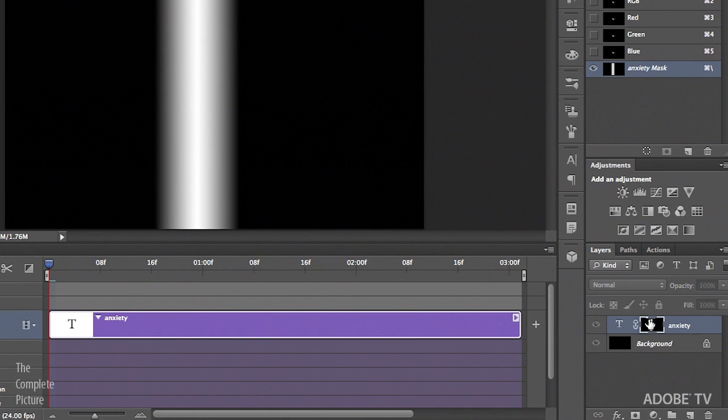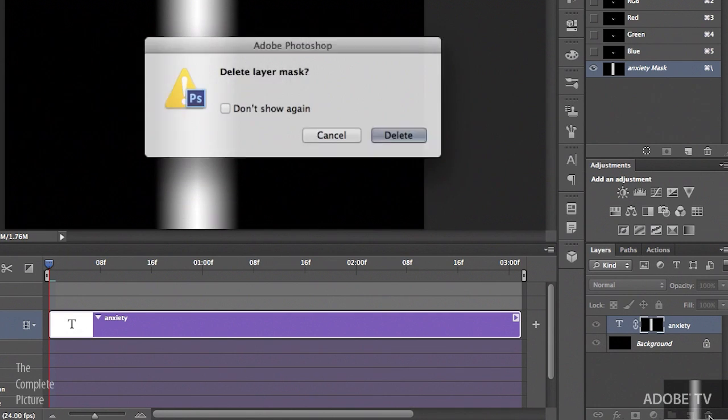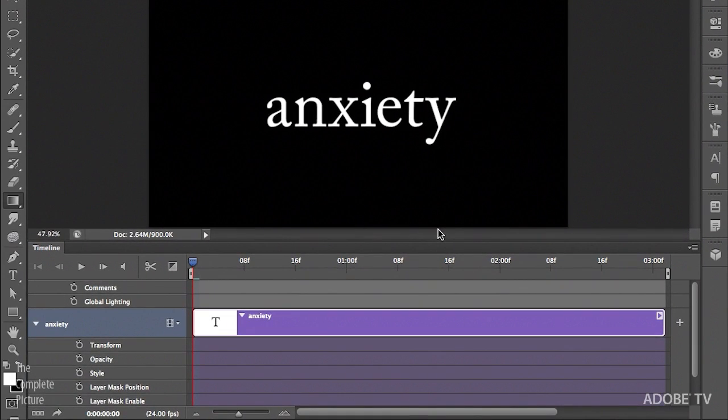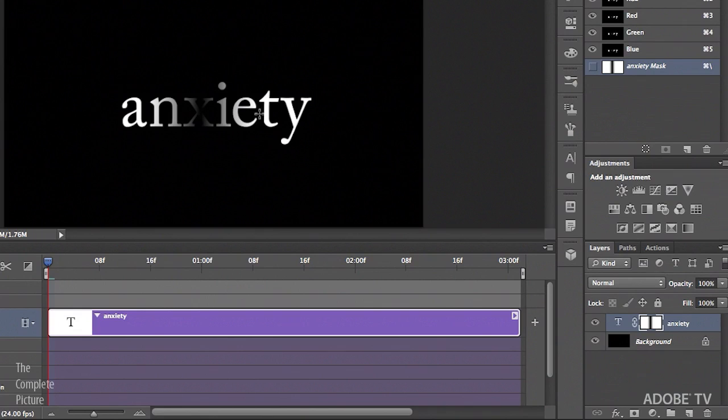So let's do that. Let's do it the right way. Let's throw away this mask. I'm going to go ahead and delete it. I'm going to add a new mask, and this time instead of drawing my gradient from white to black, I'll tap the X key to draw it from black to white. We'll click and drag out, and it looks exactly like the opposite of what I want, which is fine,